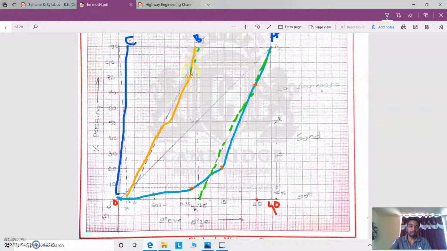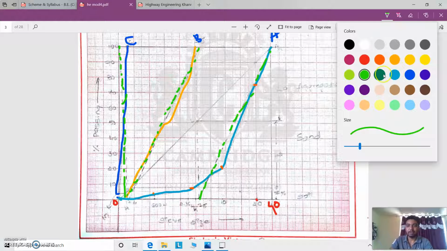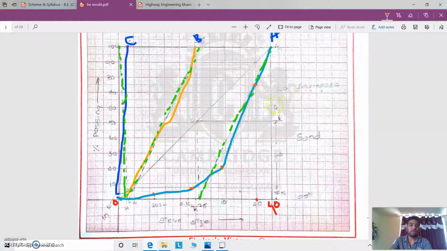Once you plot these points in a graph, you can easily detect these lines. If you have graph sheet, then try it at home. Now the balanced line is drawn, and the next step is joining the end line of these points, the end line of this. And this is how we have plotted.